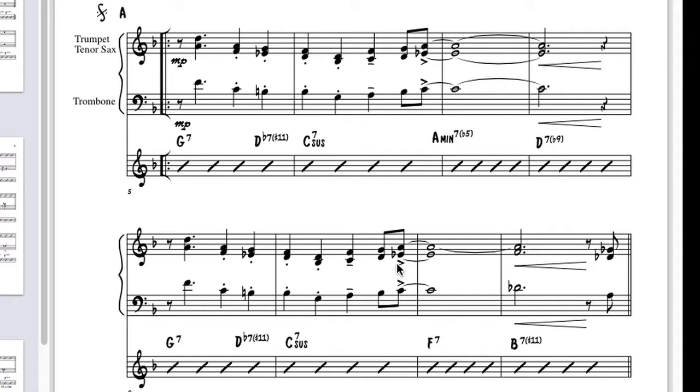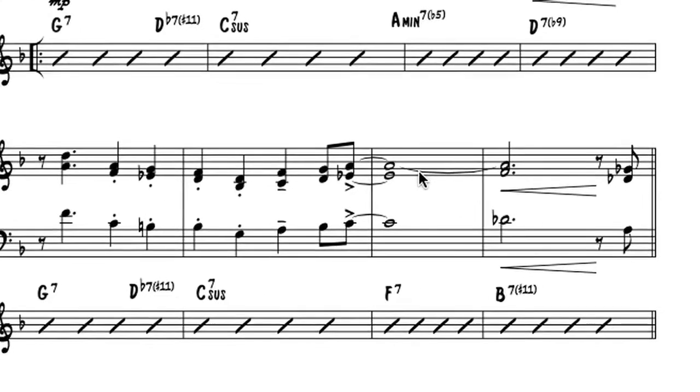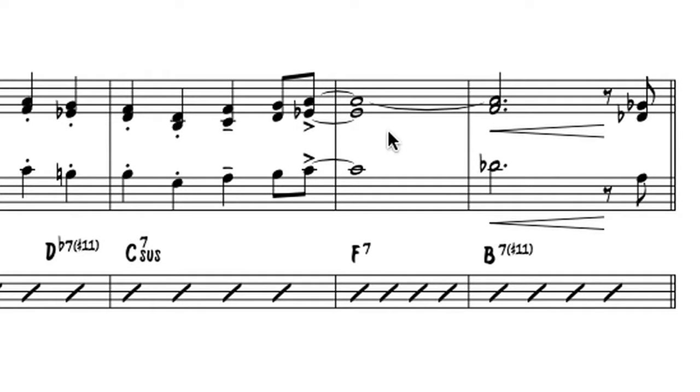And then this time when we tied over into the third bar of the phrase here, the chord is an F7. Notice the voicing here is the same as it is up here. For the F7, this A becomes the third, the E flat becomes the flat 7, and the C is the fifth. And then on the B7 plus 11,